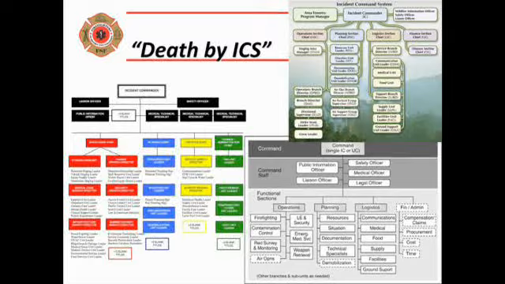This slide represents what sometimes is the biggest hindrance of understanding the Incident Command System, and sometimes will even cause fear amongst agencies. I call this death by ICS. In the most basic ICS training available out there, these organizational charts that you see represented, which show dozens and hundreds of positions, can actually cause us to not want to use ICS or avoid it at